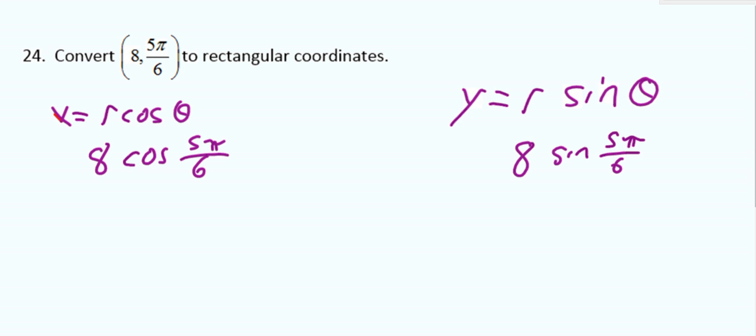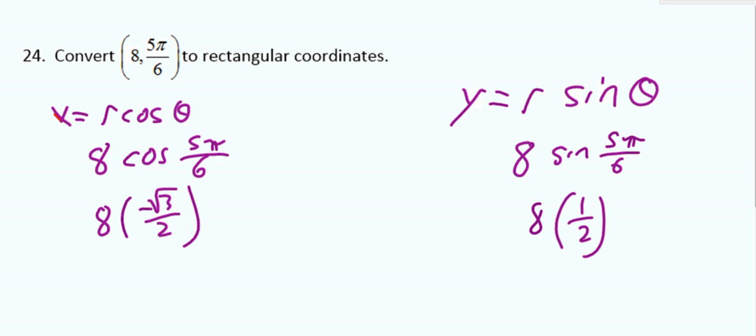So 5 pi over 6, we know that without the calculator. Its cosine is negative square root of 3 over 2. And sine is 1 over 2. So that's negative 4 square root of 3, and this is just